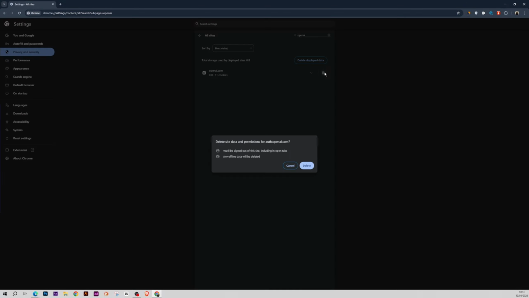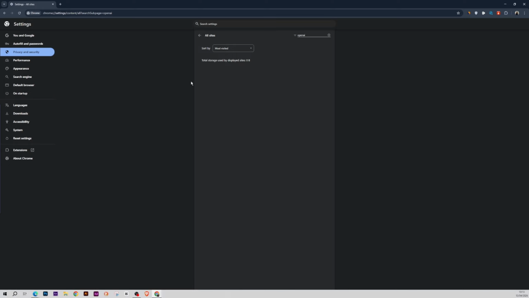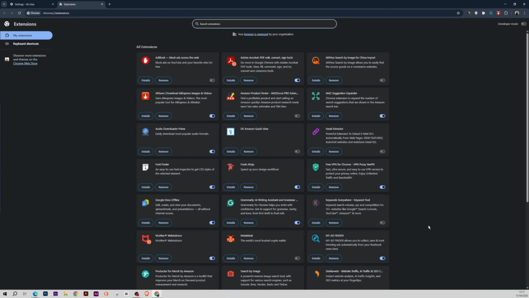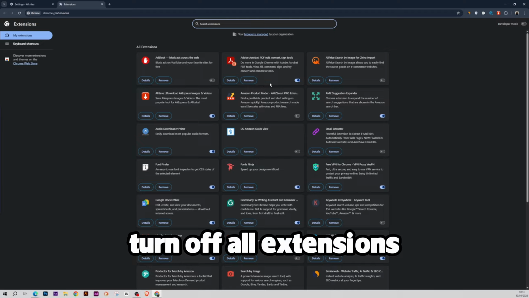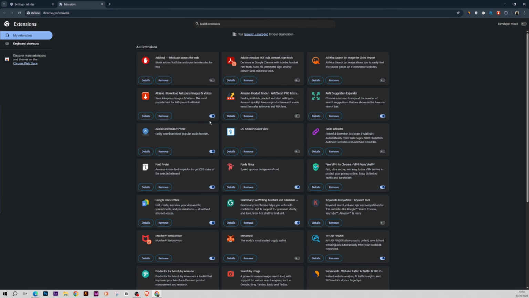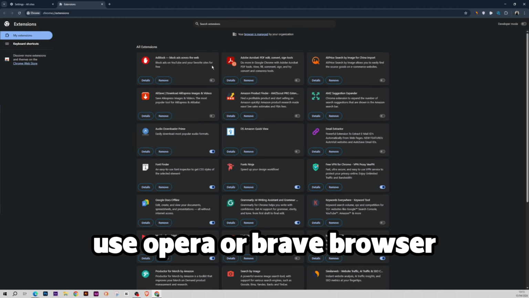After clearing the cache files, click Extensions at the bottom left and turn off the extensions. After turning off the extensions, you can check whether the error in message stream ChatGPT problem is solved or not. If you continue to experience the problem, as an alternative solution, you can use Opera or Brave browsers instead of